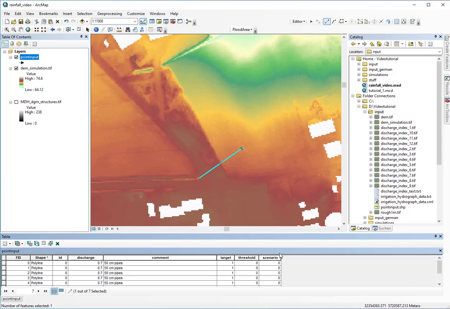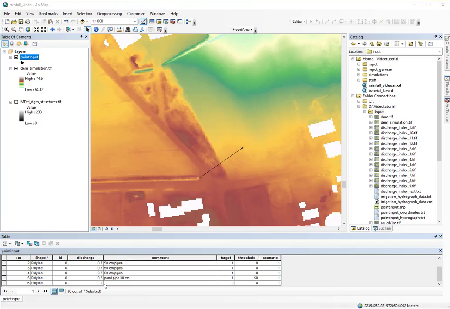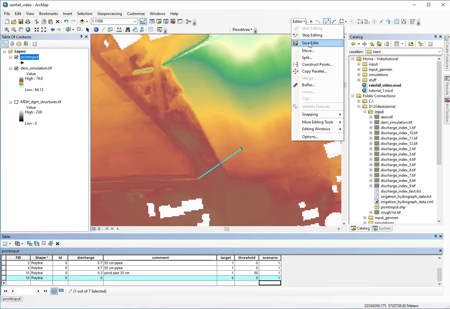For scenario, I could type in different numbers here, but for now we will just leave it with a 1 for scenario number 1 for every line here, because we want to include them all in our simulation. And I want the discharge of one point to be 1 cubic meter per second. Save our edits, stop editing,